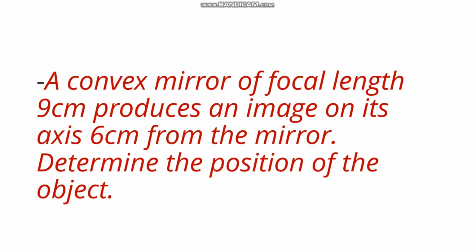You see here, a concave mirror of focal length 9 cm produces an image on its axis 6 cm from the mirror. Determine the position of the object. So here you are asked to find the object distance u. So we can use the same formula and we can use